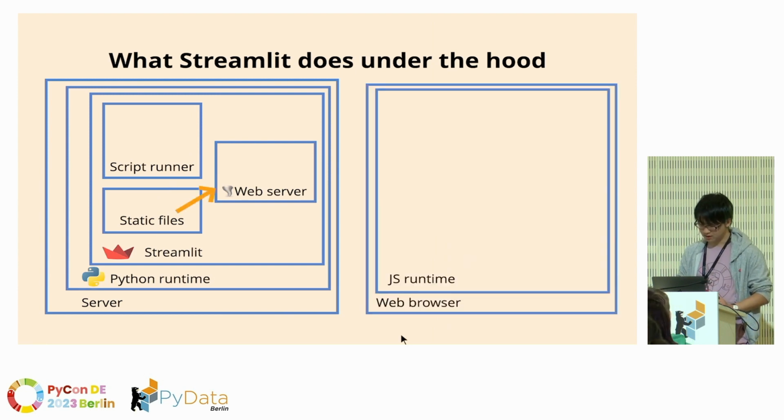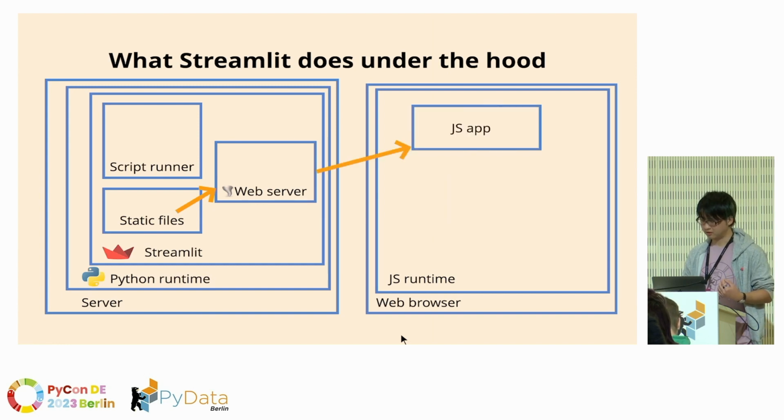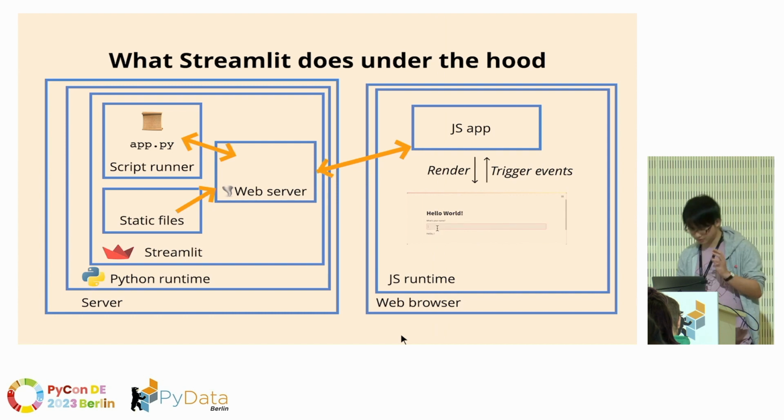But at first, when we access this web server from our web browser, the static files like HTML, JS or CSS will be served from the web server so that the front-end application will be started on the web browser. Then, after the front-end application is launched, the front-end app will establish a bidirectional data connection with the web server so that it will communicate with the script runner, so that whenever the user interacts with the front-end app, like clicking buttons or